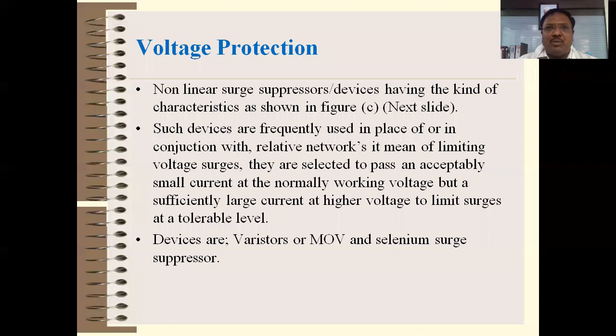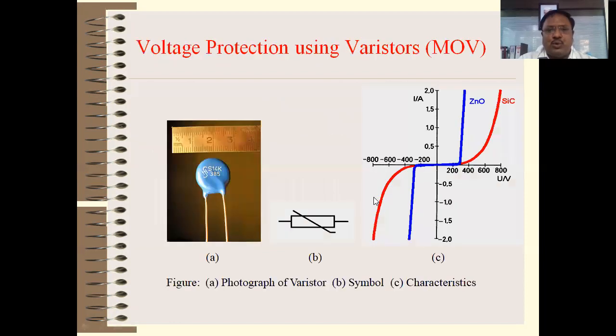It means that you are actually protecting your circuit. The Zener diode is used as a regulator, right? A regulator is used to protect electronic circuits from any high voltage transients. Similarly, selenium diodes or varistors are also used to protect the devices from high voltage transients. Just remember whatever you have learned about the Zener regulator in first or second year, then you will easily understand these two devices. Okay, I'll just show you the characteristics of the Zener diode. This characteristic is very similar to the Zener diode.